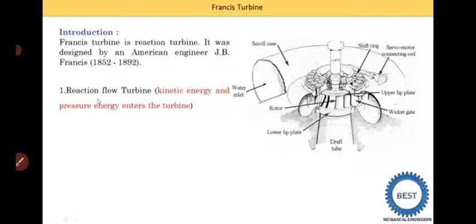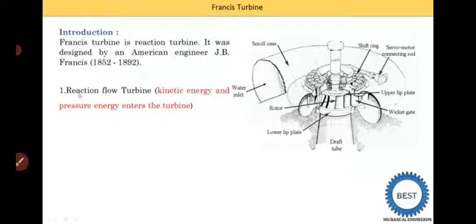Now first we write the 5 points related to the Francis turbine, for when it is asked in the exam. These 5 points can be written for any turbine from the classifications. If you know the classification, then you can write down 5 points easily if this question comes in the examination. If you don't know the classification, then tap the i symbol on the top right of your mobile screen, or go to the description or playlist to watch more videos.